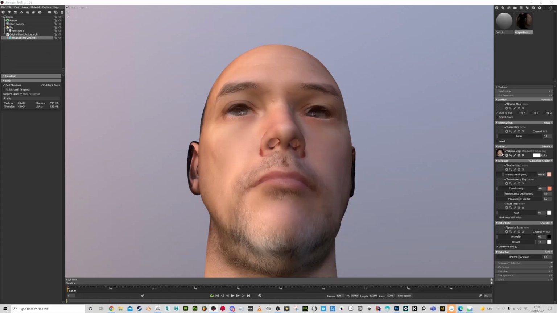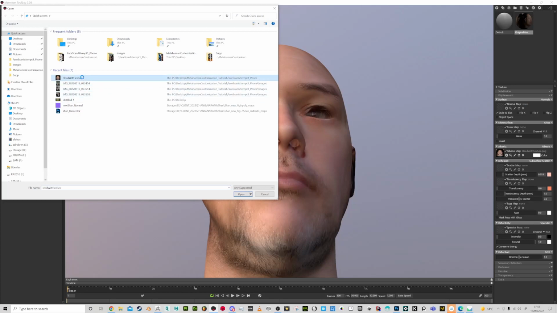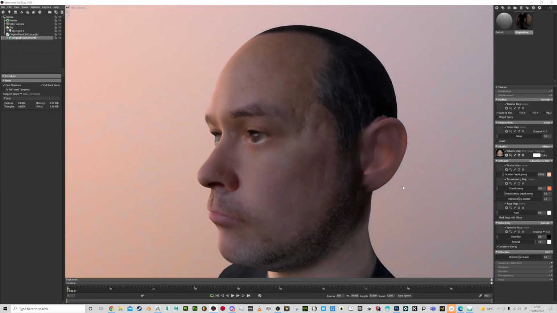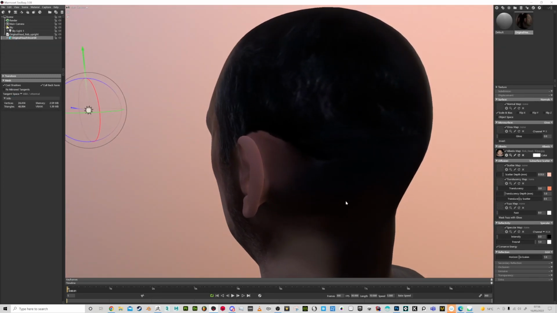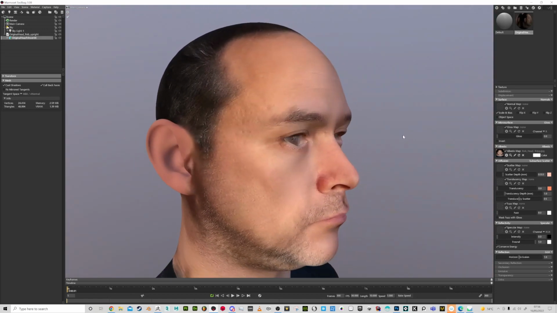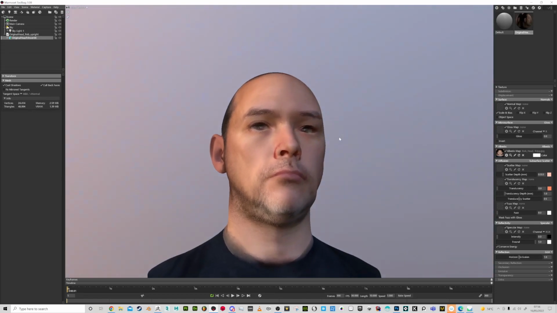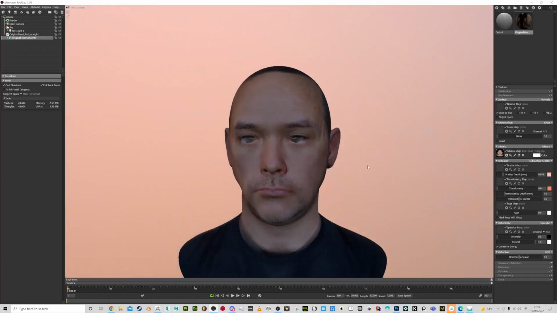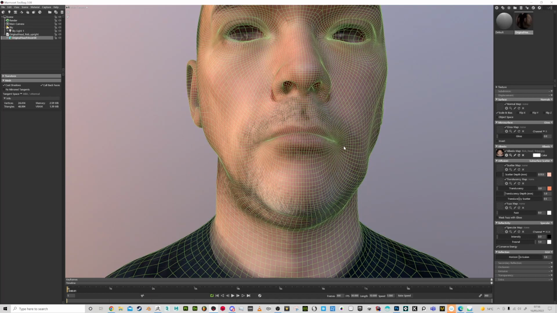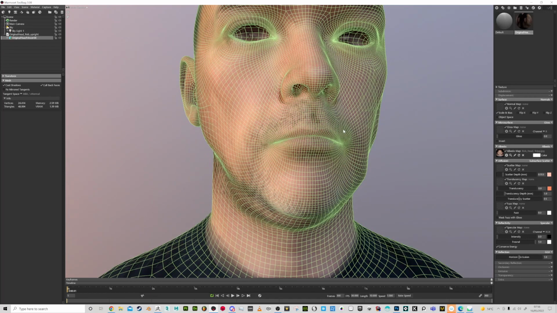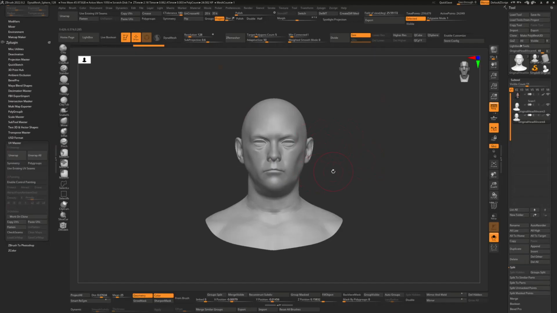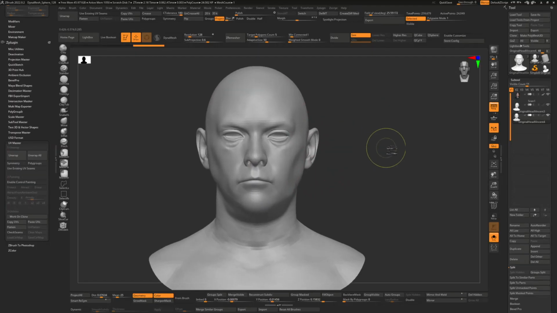Switch that over. There we go. So yeah, you can see how I fixed these a bit. I need to fix behind there, and it's not too bad. But yeah, I would use Substance Painter for the most part of that there. You see the lips are a bit off. So that helps because I can now adjust the mesh to be,